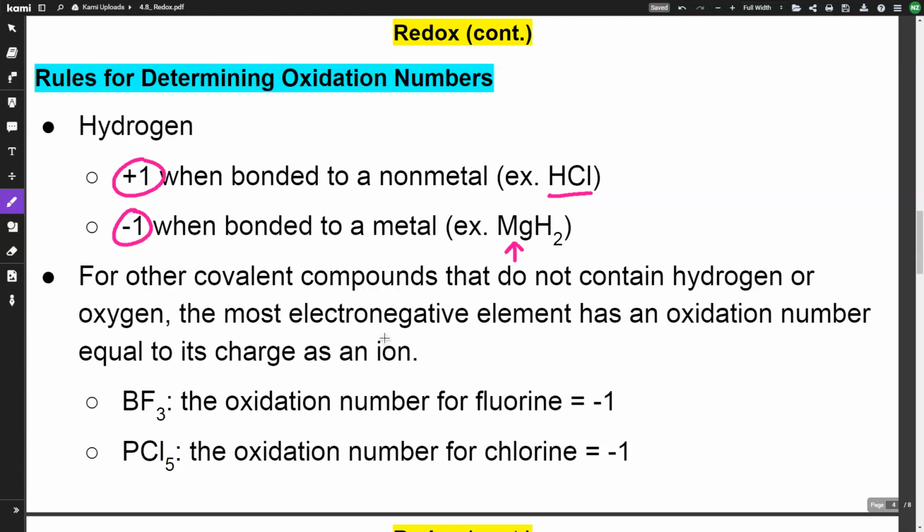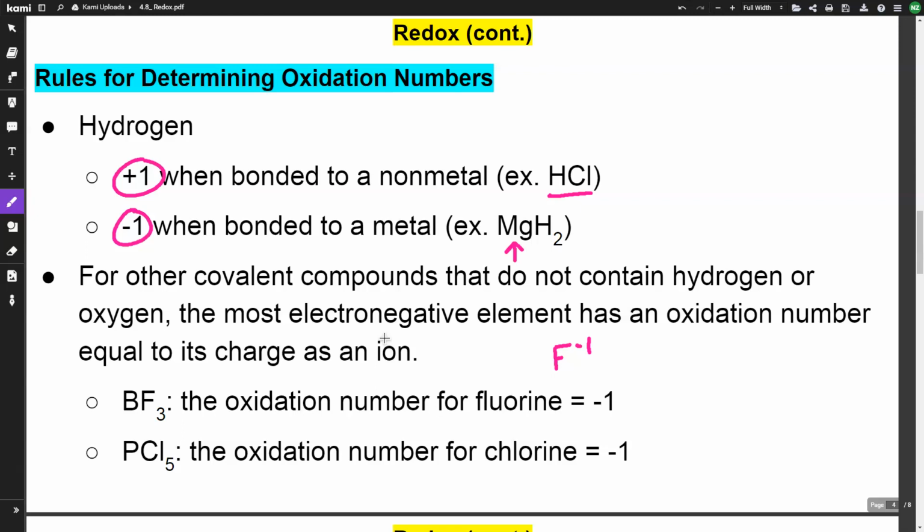For other covalent compounds that do not contain hydrogen or oxygen, the most electronegative element has an oxidation number equal to its charge as an ion. So in the example of BF3, the oxidation number for fluorine is going to be -1. So if you were to look up fluorine's charge, fluorine is -1, and that's where the oxidation number is coming from. So between boron and fluorine, fluorine is more electronegative, and that's why we're using the charge as an ion